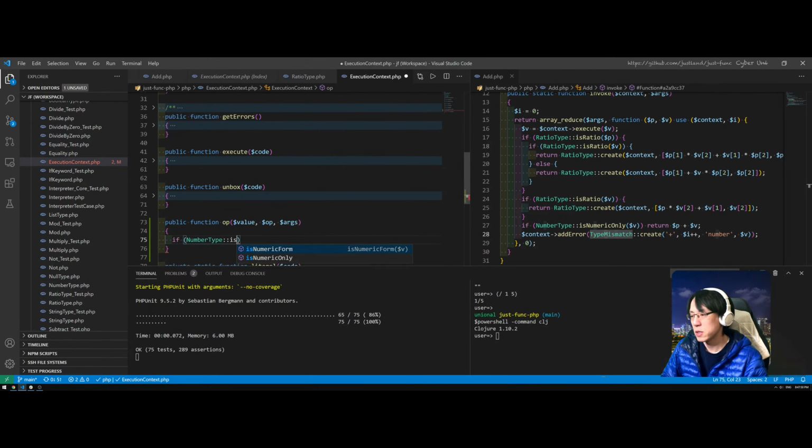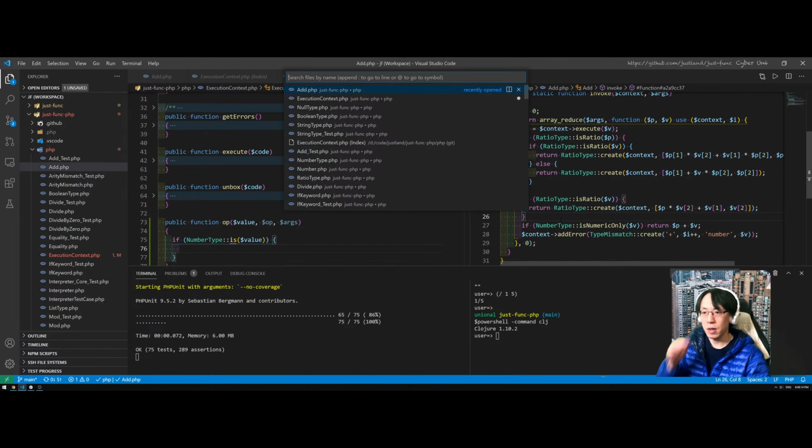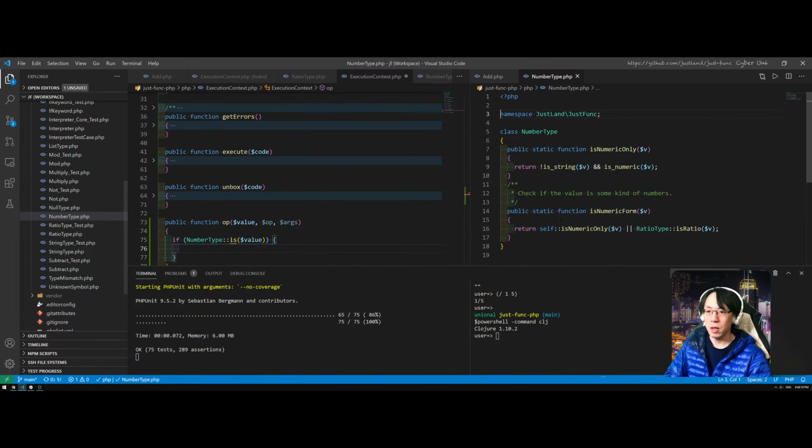I want to keep it small. Let's say, if that is a number type, then I'll let it handle it. So number type,